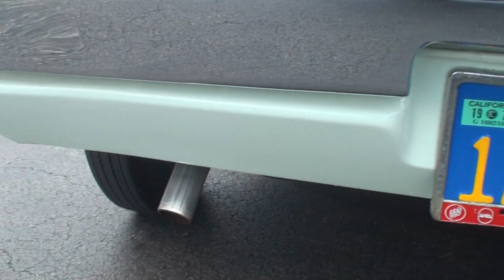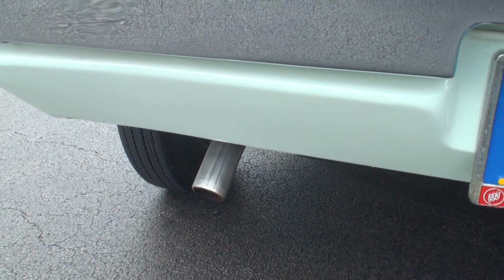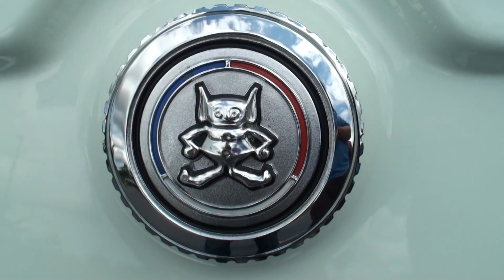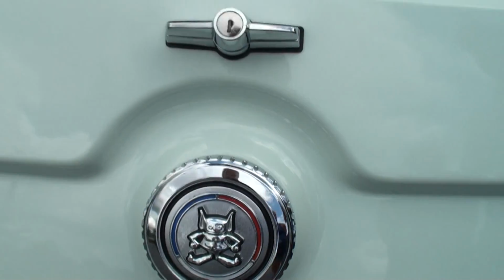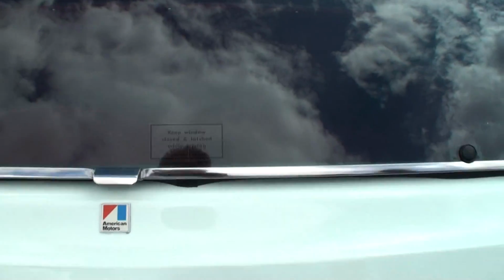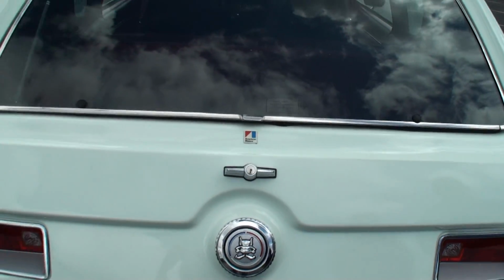This is why it's one. Look at it. The metal's still there. And now tell me, how many Gremlins did they make this year? I think they made around 70,000 Gremlins in 1971. And the funny thing is, they didn't make many AMXs. Let's open up the